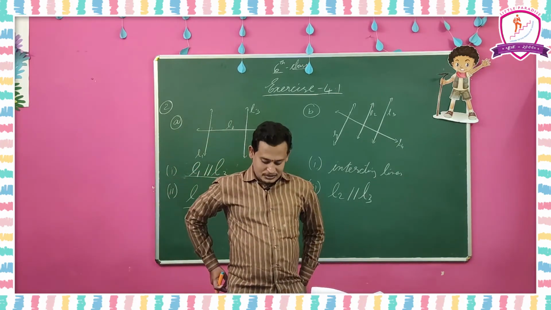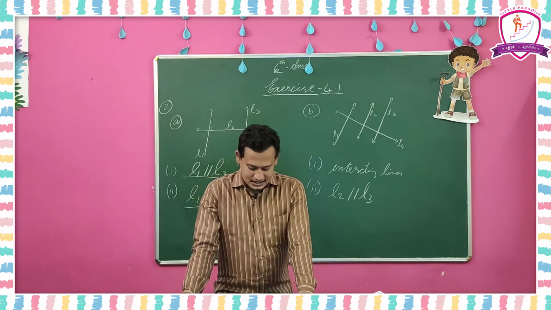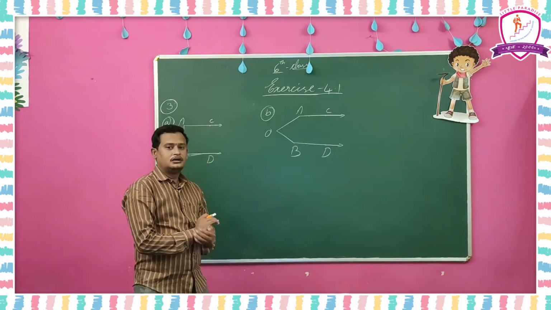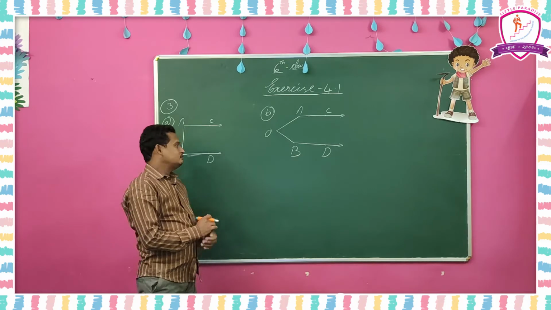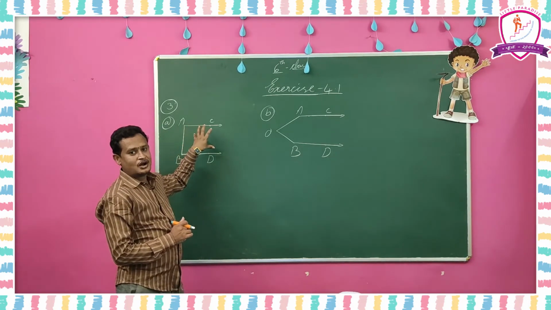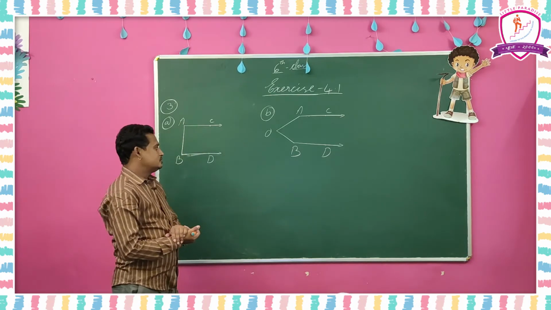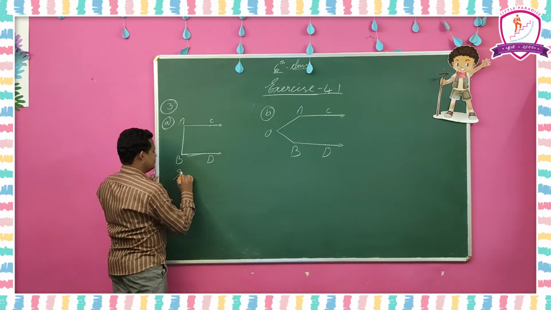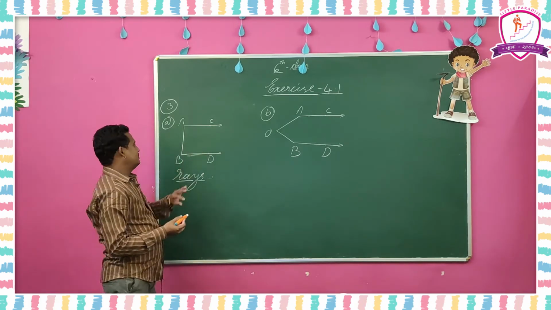Okay. Now the third one is, name the angles and rays in the given figure. That is the question. So coming to the third question, what we have to find, given a figure, is how many line segments or how many rays are there in the given figure. Now coming to the first one, A. So here, rays. What are the rays given here?